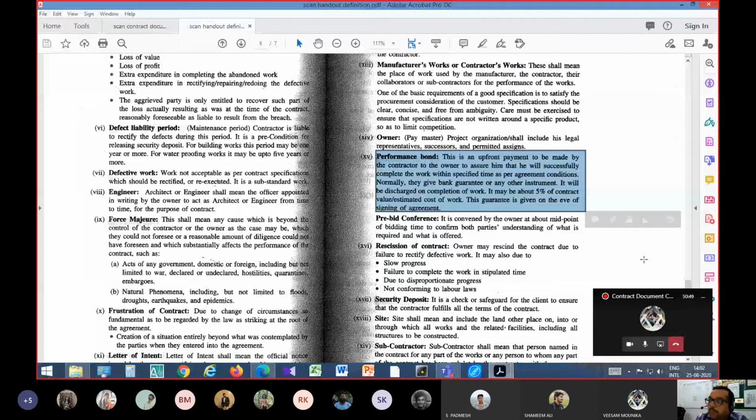For example, say he has a small property and the legal ownership document of that property. So what he says is, until and unless I execute my work, you keep my land papers or house papers with you. Once I am done with this particular thing, you have to return it back to me. So it will be discharged on completion of work. Now see, the performance bond is returned when the work is completed.